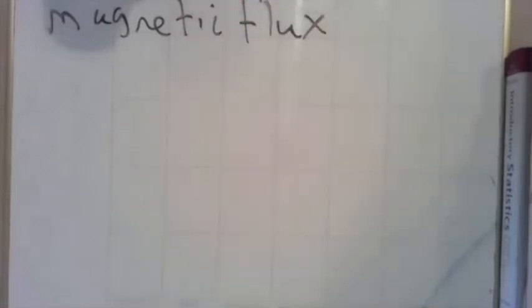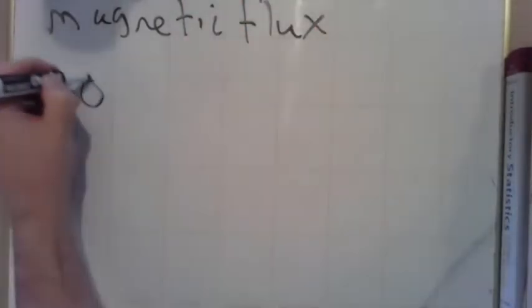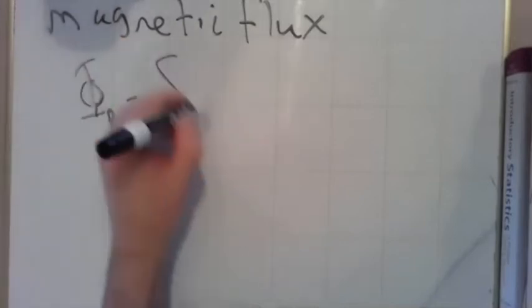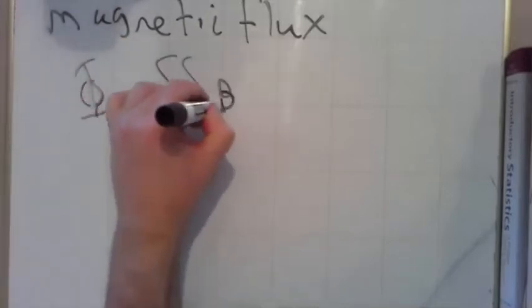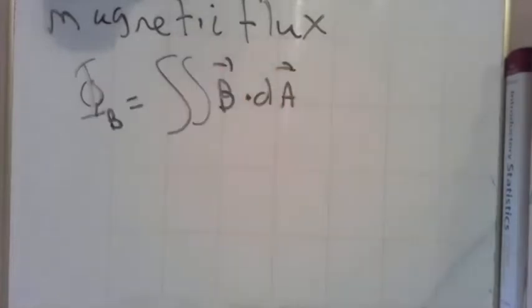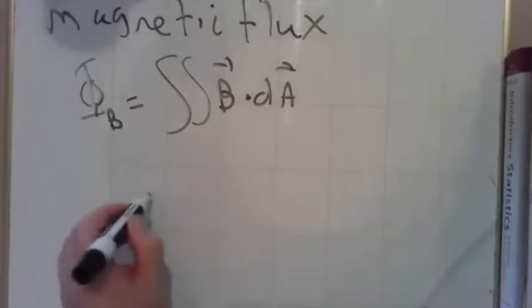Flux, magnetic flux. Like electric flux, it's literally the same idea. We have our Greek symbol phi, so phi_B will be the double integral of B dot dA in the most general form. So you've got some surface,